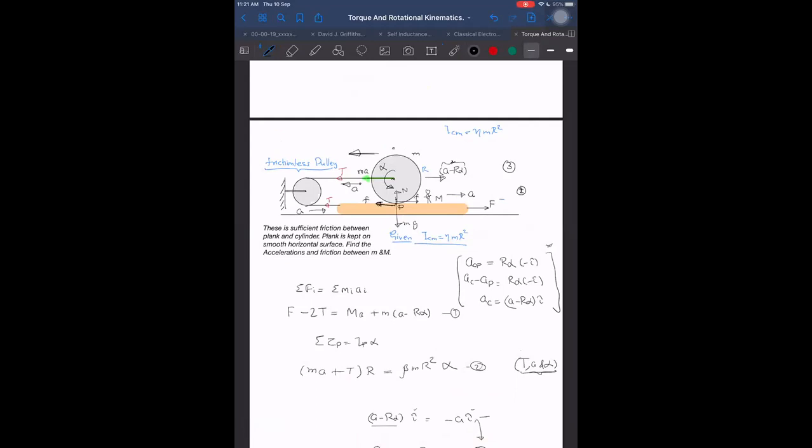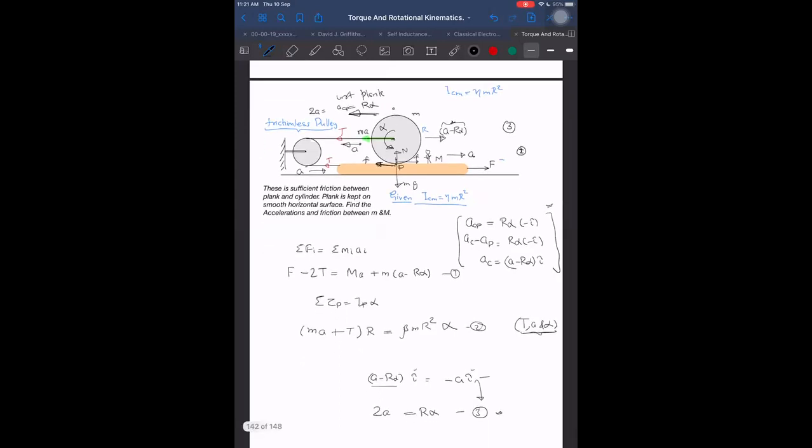With respect to P, the acceleration of the center is actually equal to R alpha, and that is in the backward direction. And it is also, by relative motion, equal to A minus of minus A, that is 2A. So 2A equals R alpha. This means this equation we don't need to write separately. This will be in our diagram itself. The only equations I need to write are the net force equation and the torque equation, and then the problem will be very easy.